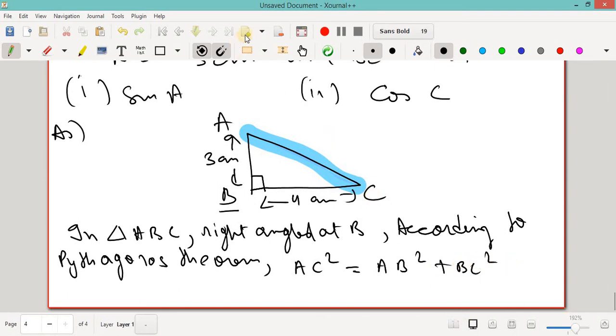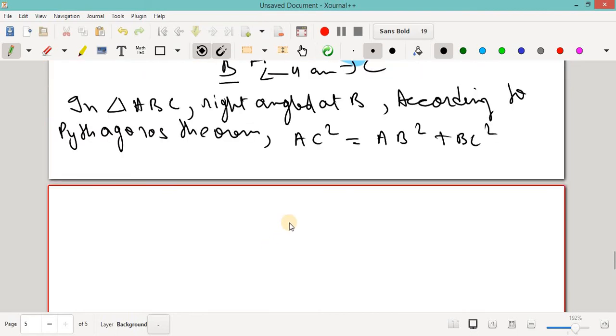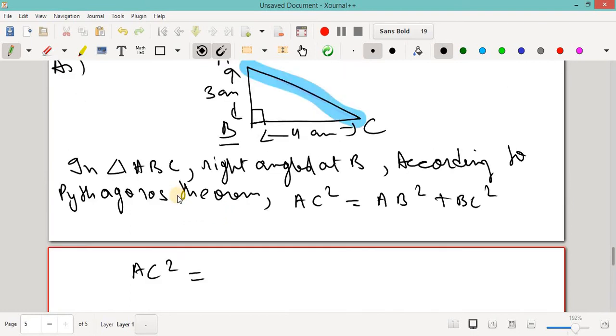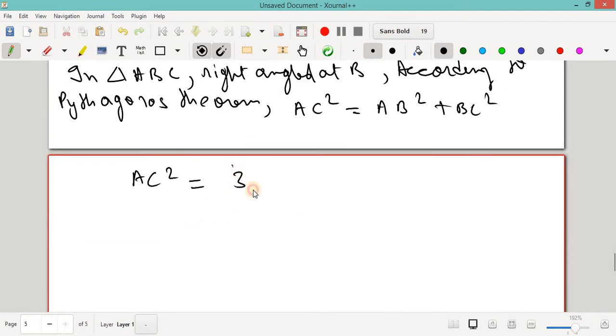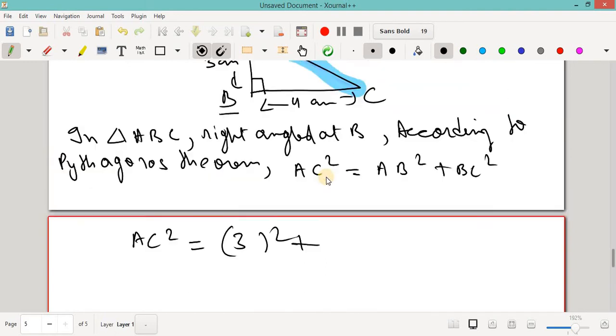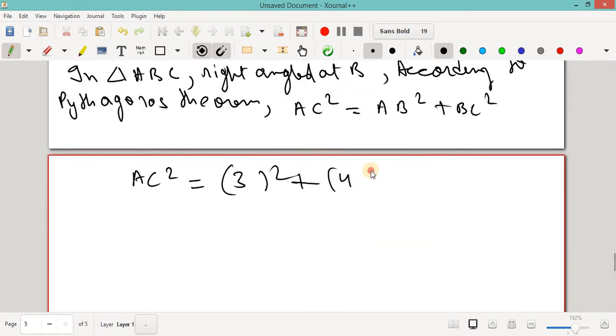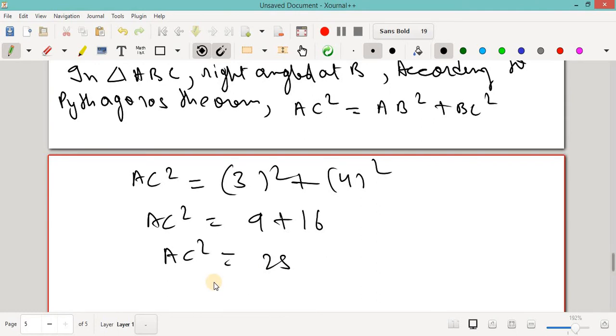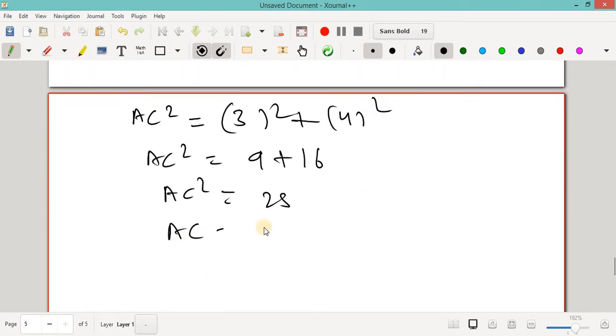Simple way. So if we further solve this, AC square we have to find, that is AC square equal to, what is AB? AB is your 3. So let us take 3. And what is BC? BC is your 4. So let us take 4 there. And again we'll further solve. It is 9 plus 16. Let me do some easy steps, but you should do it in one step only. And what is AC? It is nothing but the root of 25. Is it clear? Now AC is root 25, so it will equal plus or minus 5.